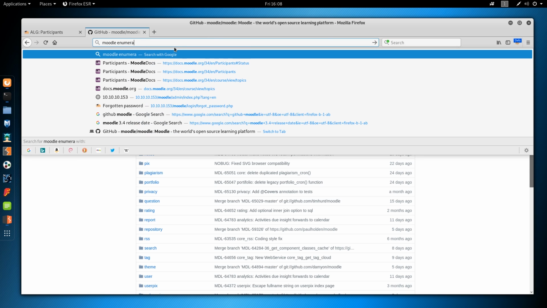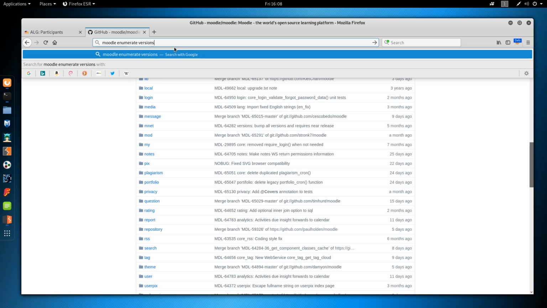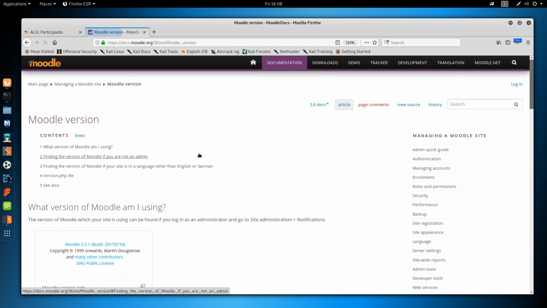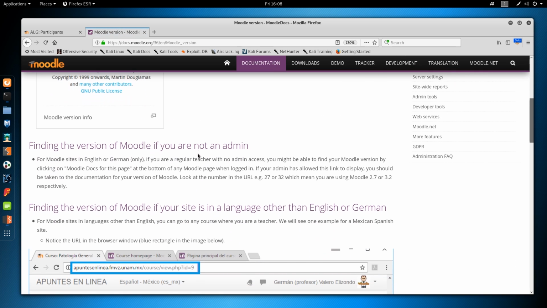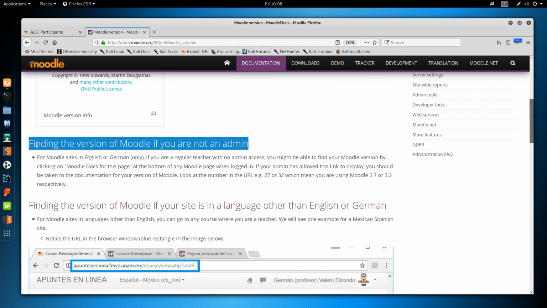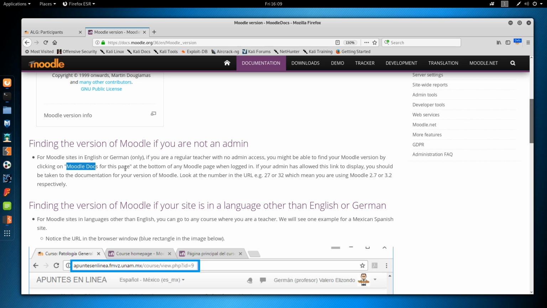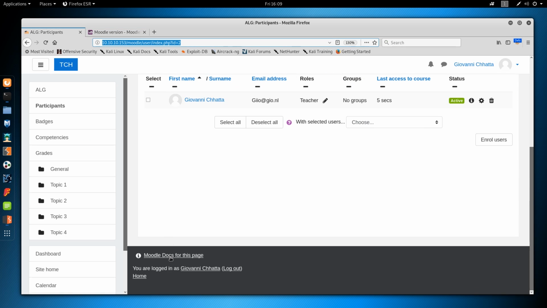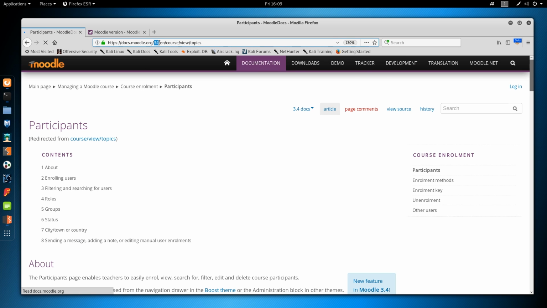So I'm going to Google Moodle enumerate versions. And we see the first result is docs.moodle.com. Scrolling down, finding the version of Moodle if you are not an admin. And it looks like just look at the document number. So Moodle docs for this page. If we scroll down, we see Moodle docs for this page. We go to the URL, and it brings us to Moodle